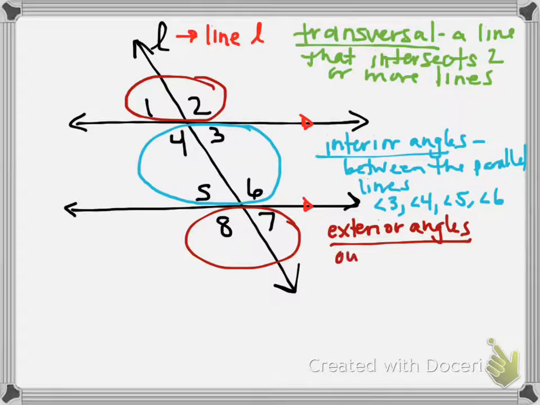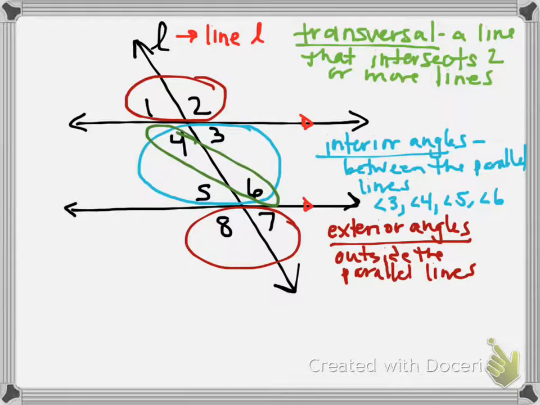They're outside the parallel lines. Okay. Now, we have two different types of angles that kind of fluctuate from one side of the transversal to the other. So, for example,